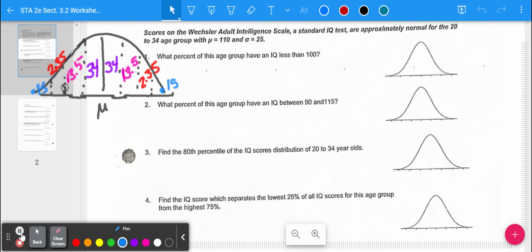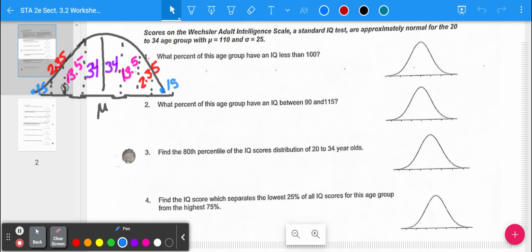As we get ready to solve the questions on this worksheet number 2, we can see that we have the empirical rule already drawn out for us, the 68, 95, 99.7 rule. And that works great if my values are perfectly 1 standard deviation above, 2 standard deviations above, 3 standard deviations above, or 1 standard deviation below, 2 below, 3 below the mean. As we get ready to run these problems, though, you're going to see that that's not going to be very